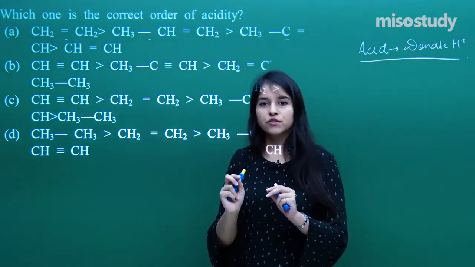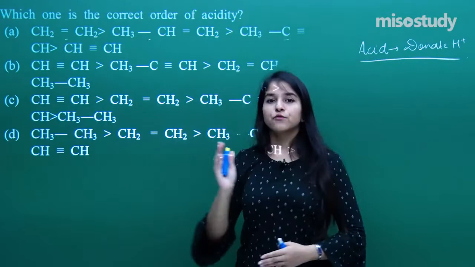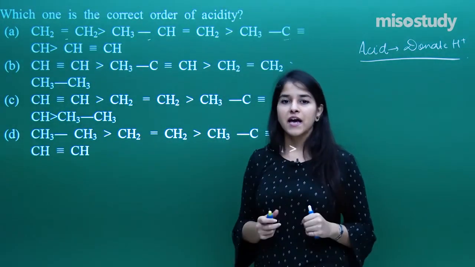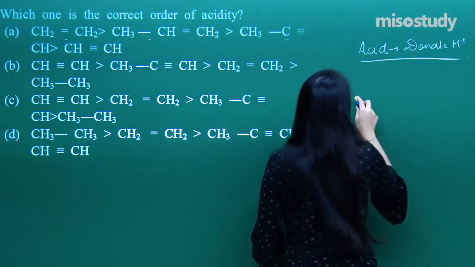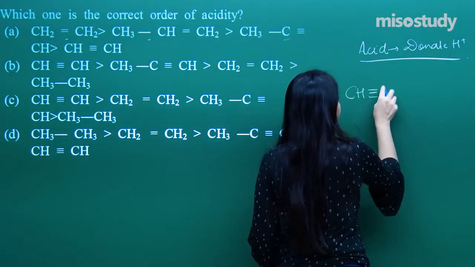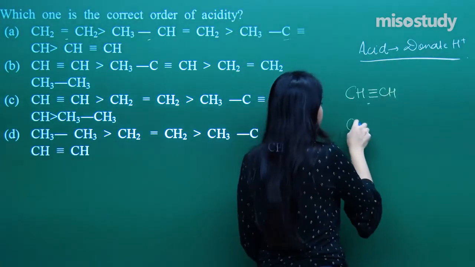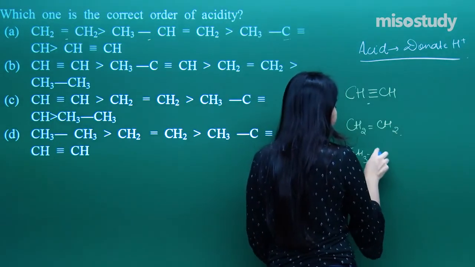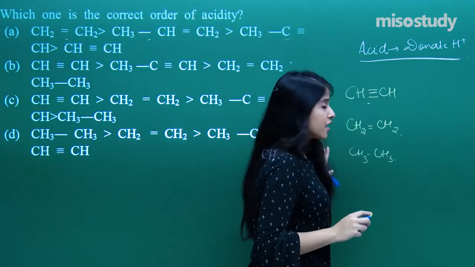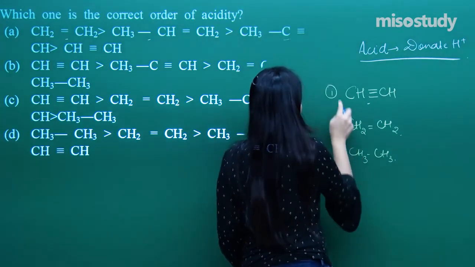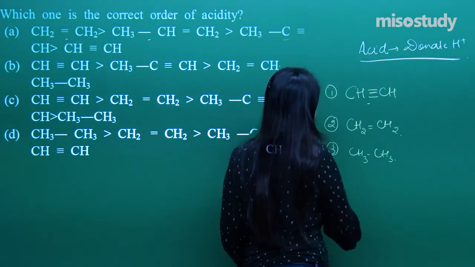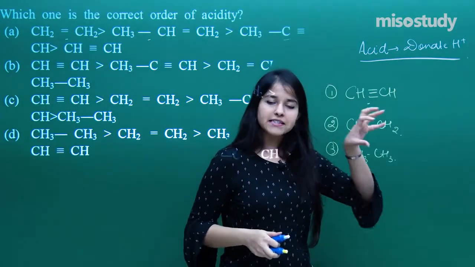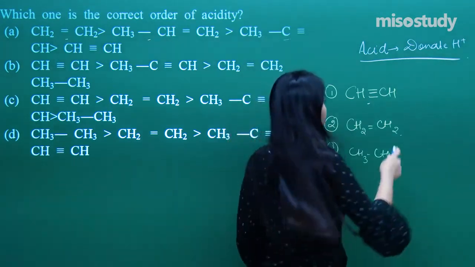So you need to find out the answer first of all, but for that the approach would be, in the case of alkenes, alkanes and alkynes, I hope you must have recalled the concept by now. If I talk about the alkynes and alkene, I am taking up the simplest ones. From here you will get the idea for each and every option. So here I have alkene, alkyne, alkene and alkanes. You need to first of all remove the H positive, remove the proton, and then see the stability of the anion. That would be our approach over here.